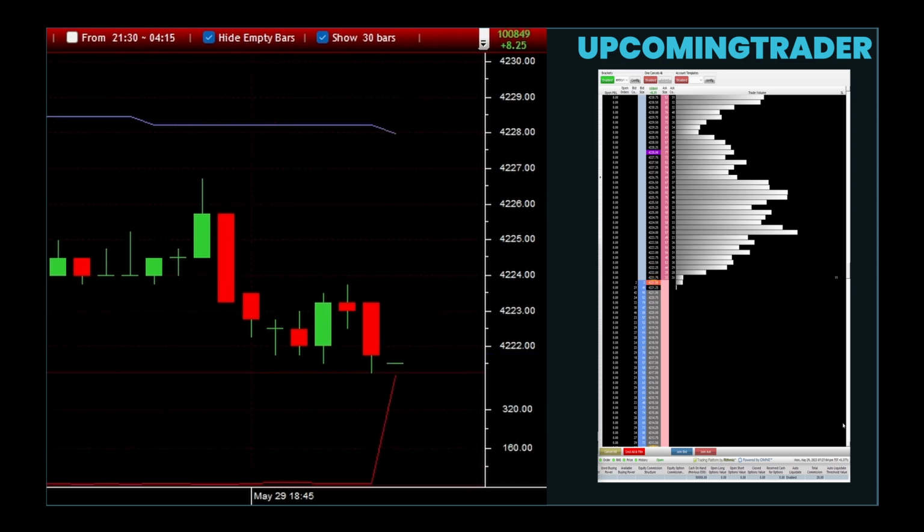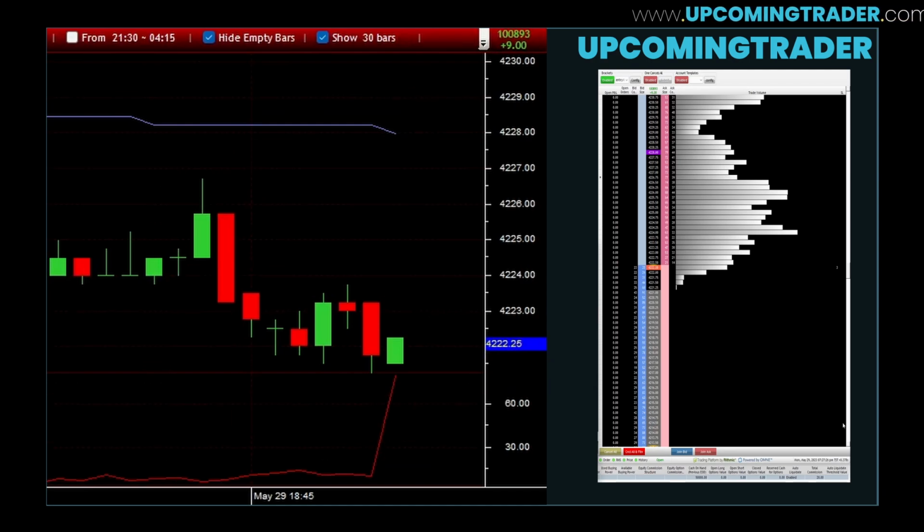Finally, there are single prints. Single prints show where the price moved very quickly, leaving a gap in the market profile. These rapid movements often occur when there is a sudden influx of buying or selling interest, leading to little to no trading activity at these levels. When you see single prints, it means that there was not a lot of trading activity at those price levels,